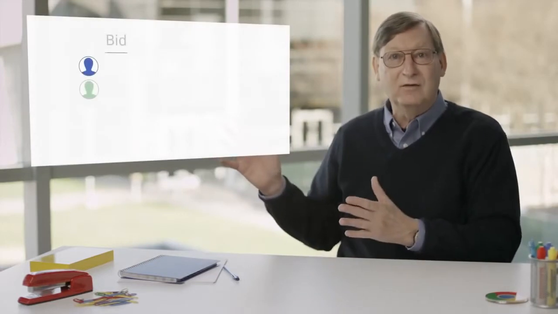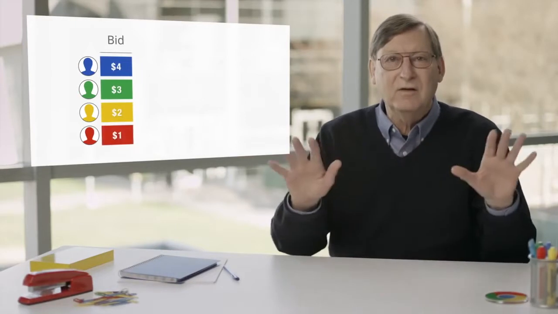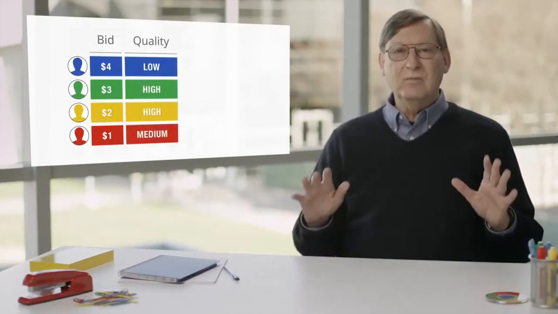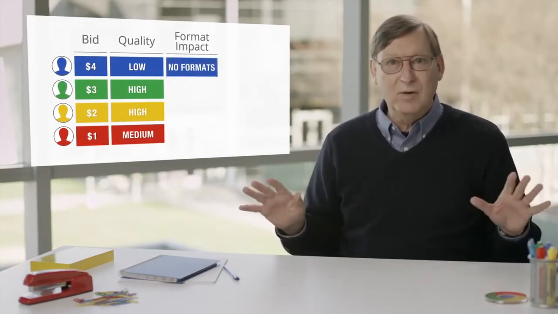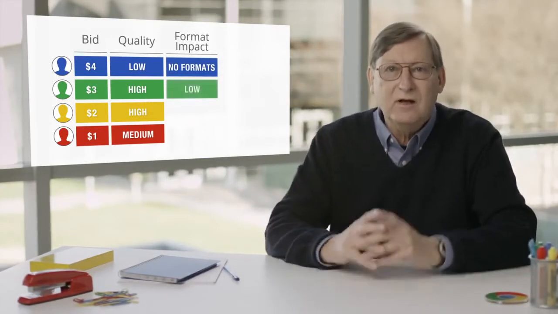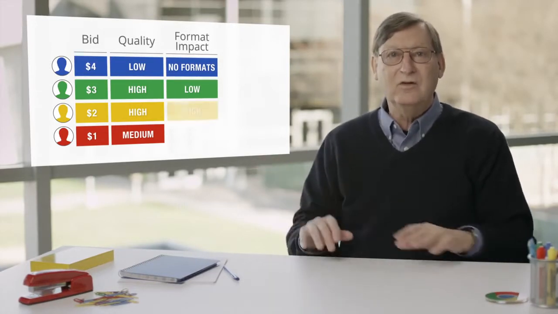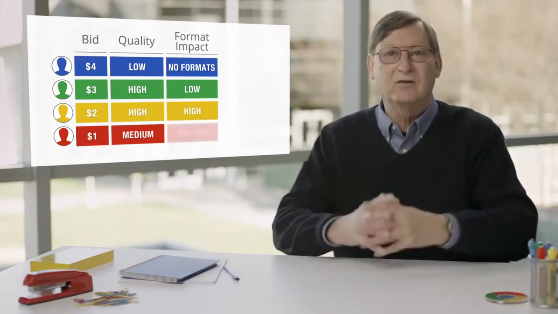Let's go back to our 4 sample ad buyers and see how their ad rank compares. Here are 4 advertisers. They're bidding $4, $3, $2, and $1. Their ads had different quality: low, high, high, and medium. They also implied different formats with varying impact. First ad doesn't have any formats enabled, so it has no expected format impact. The second ad is only eligible for one format and has a low expected format impact. And the third is eligible for several extensions and garners a high expected impact, and for the last ad, it's